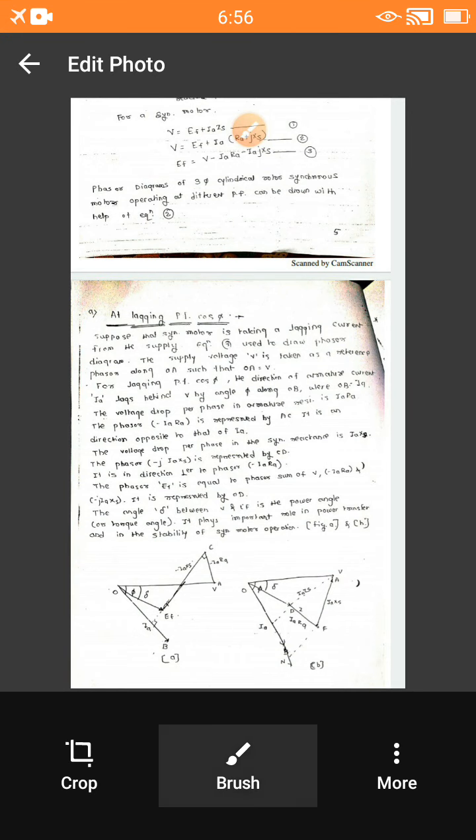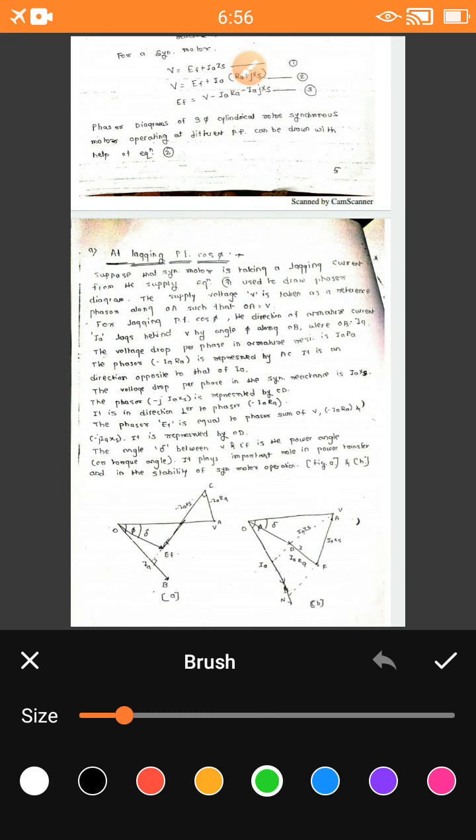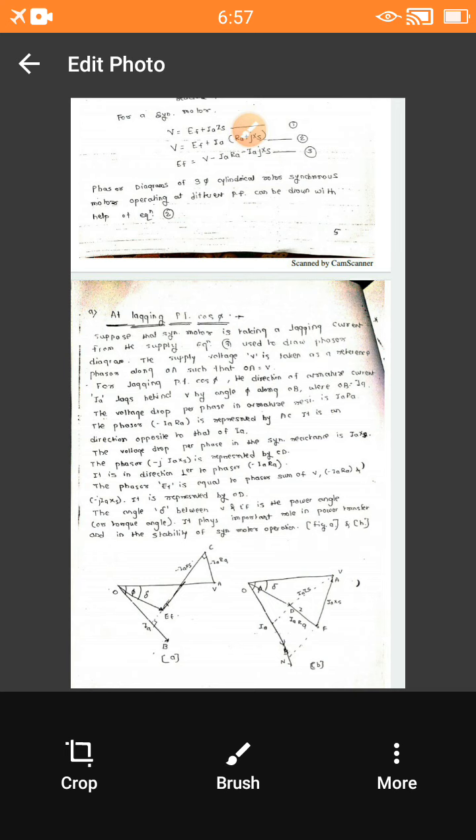So this is actually for drawing. It is very simple, because we know the value of delta, which is the angle between V and Ef. So this will give you the value of the torque angle.